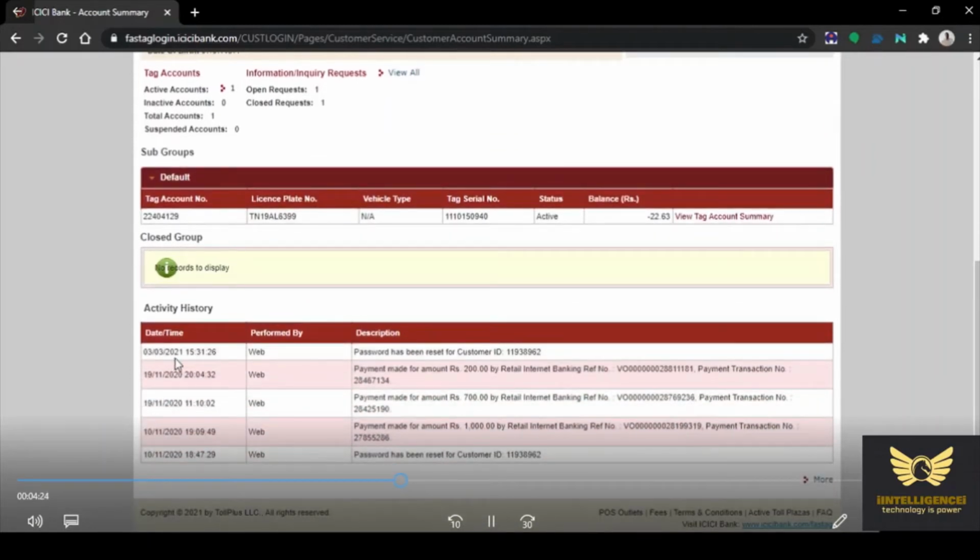This is the activity history. Today I have reset the password. Now I will be recharging. Earlier I had already recharged with 200 rupees. So I will be recharging with 2000 rupees to my FASTag account.